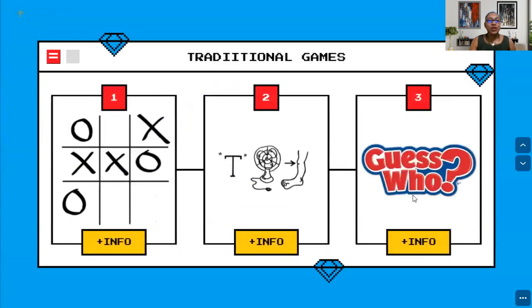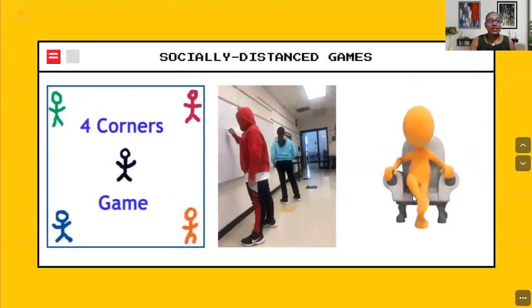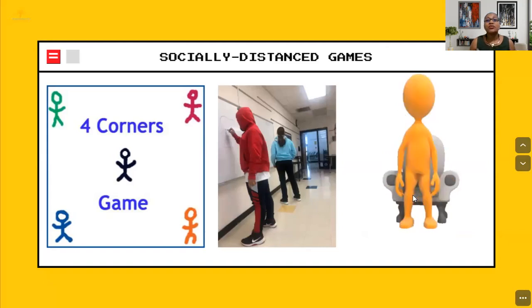So there's another game that I want to introduce you to, and this is called Four Corners. Basically, as the name suggests, it's where four students go to various corners of the classroom and they respond to a question or statement which they have to debate. They're given a timer and each must present a selected number of ideas before time runs out. So this game is really excellent for critical thinking, and it allows it to be fun. It allows movement in the classroom as well, and it's socially distanced.